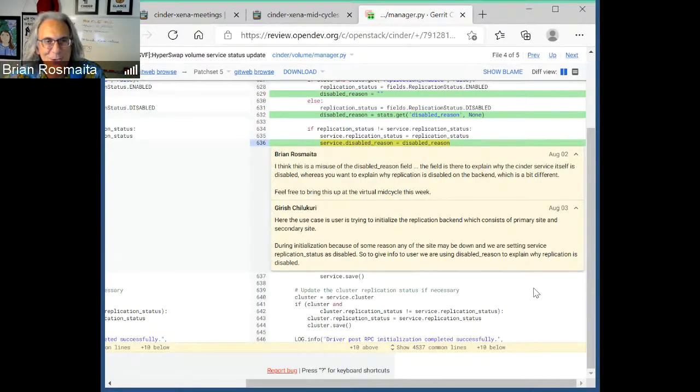So I just want to renew my request that it would be good if someone wants to volunteer as a third-party CI liaison for the Cinder team to sort of keep a handle on things. Because I'm just not doing it. So I'll just throw that out. If you're looking for more responsibility in the Cinder project, maybe your manager thinks you're not doing enough upstream work, then this would be a way to do that. Basically, we have the third-party CI, we've got the reporting stuff that Sean had set up,